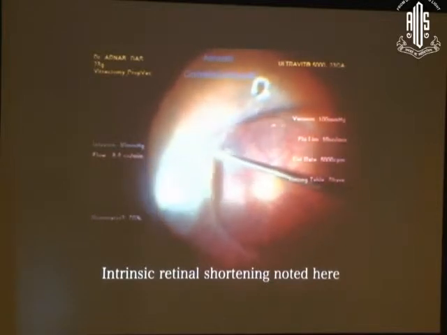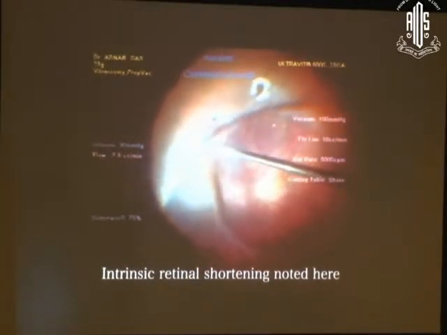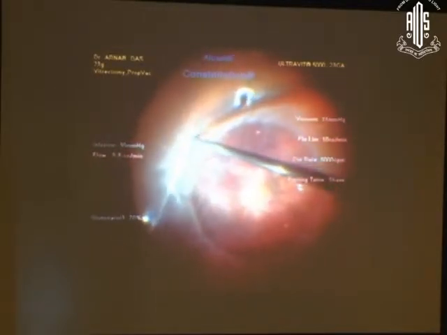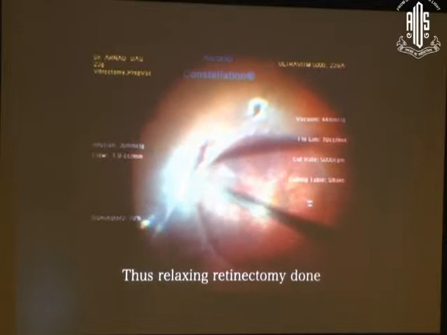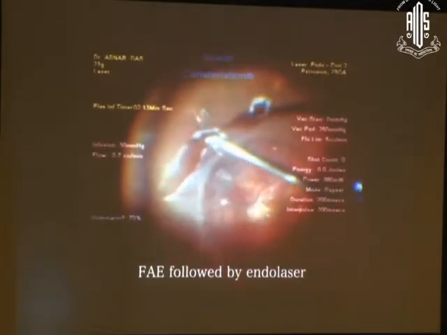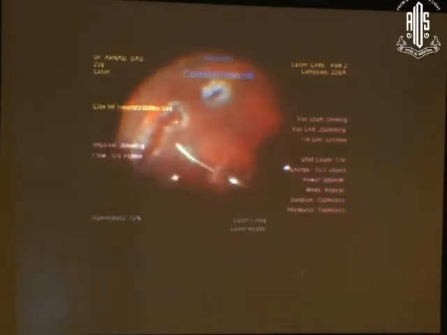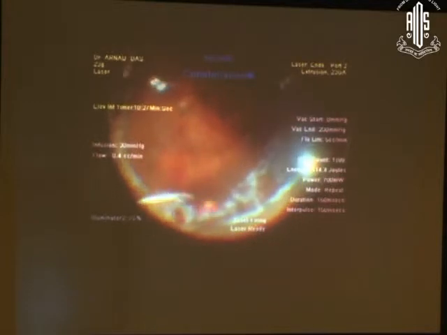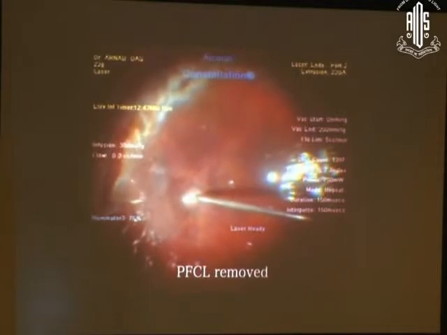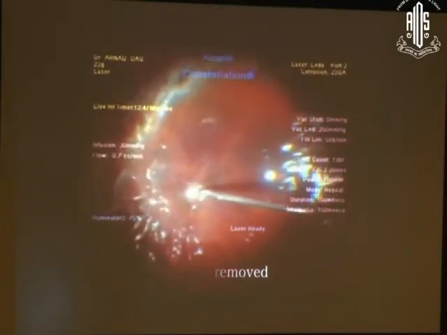After having removed all obvious pre-retinal membranes, I still find an intrinsic shortening causing tautness in that area. So, left with not much choice, I have to do a retinectomy in that area. And always, while doing a retinectomy, be on the liberal side, because sometimes later on you might repent. Maybe if I had done a little bit more on that area, then the tautness wouldn't have remained. So be a little liberal while doing your retinectomies.